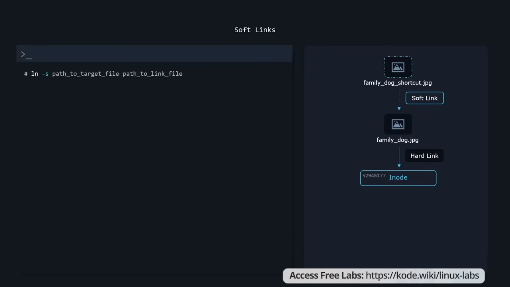ln -s, path to the target file, followed by the path to the link file, where the path to the target is the file or directory that our soft link is going to point to, and the path to the link file is where our soft link will actually be created. So, for example, to create a symbolic link that points to the /home/aaron/pictures/family_dog.jpg file, we can run the following command. It's ln -s /home/aaron/pictures/family_dog.jpg